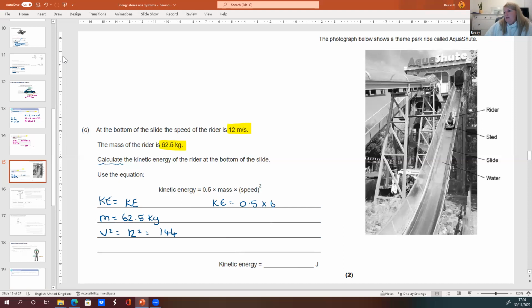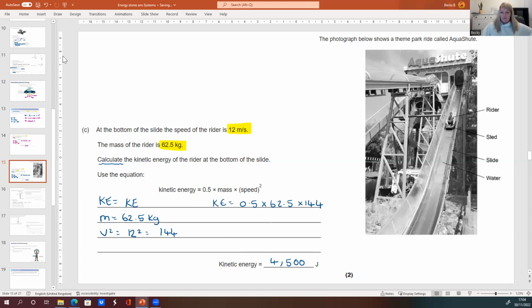0.5 times 62.5 times 144. Put it in my calculator. Get 4,500 joules. Yeah, so if you write that equation out, even if I've written it out here, but somehow